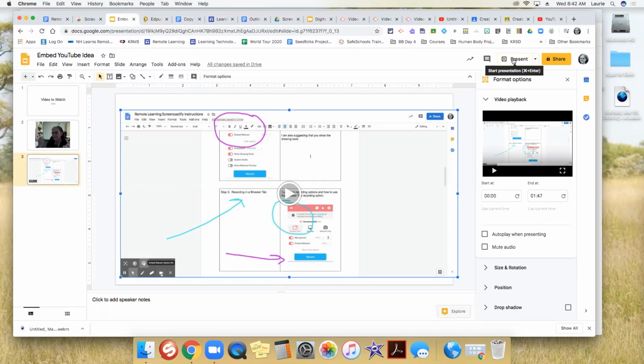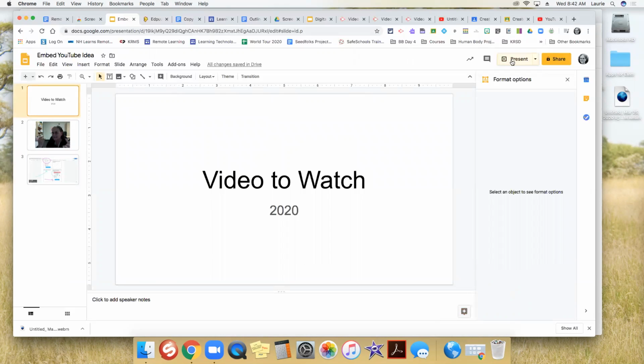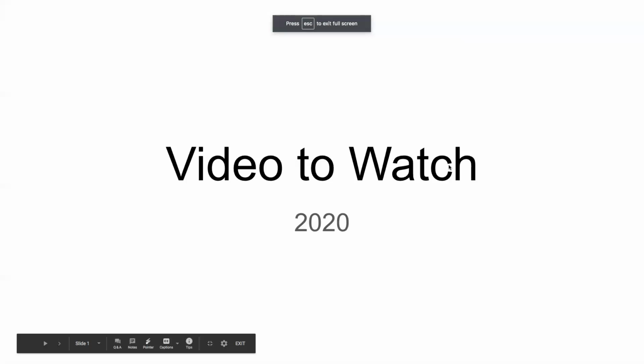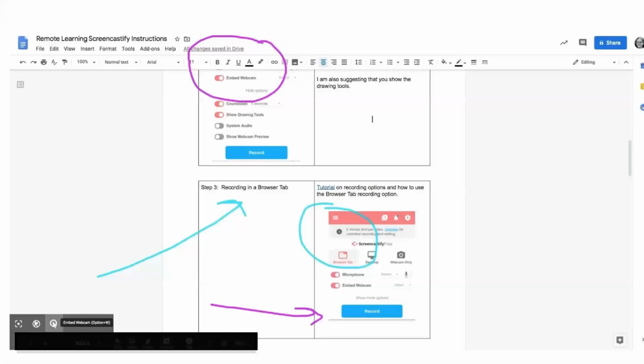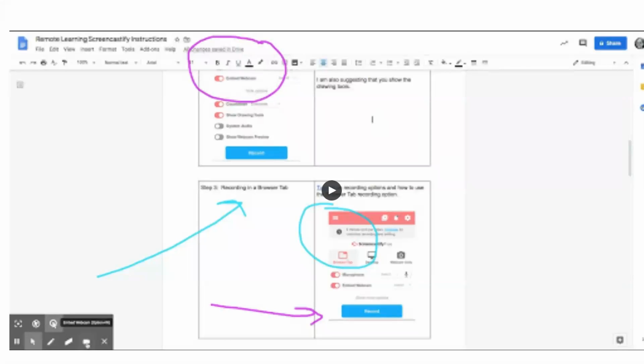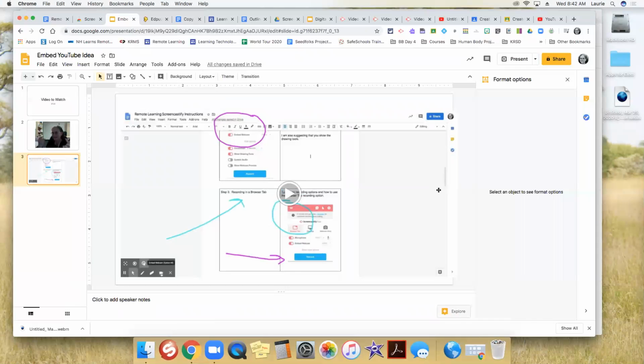So again, you can share this and the student can go into the presentation mode and they can just flip. So the student watches the video there, goes to the next one, watches the video, and you've created a presentation for students in Google Slides by pulling different videos in and keeping them away from YouTube so they stay focused on your assignment. So that's kind of a bonus thing.